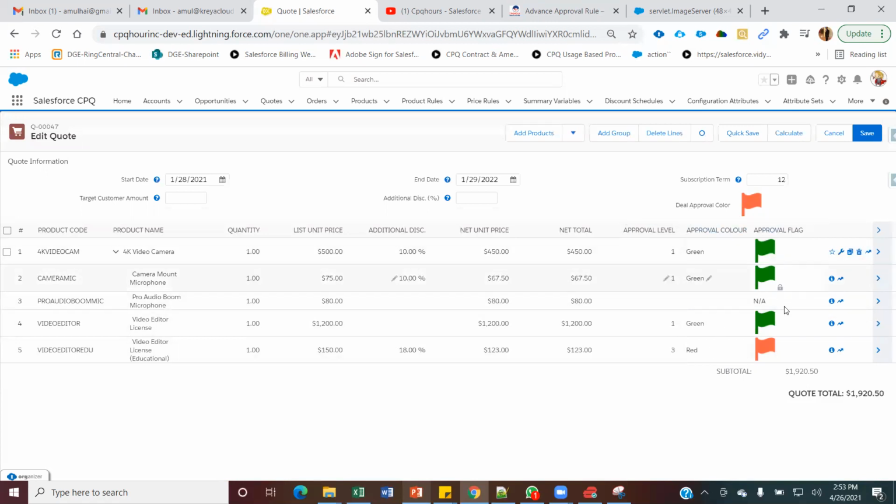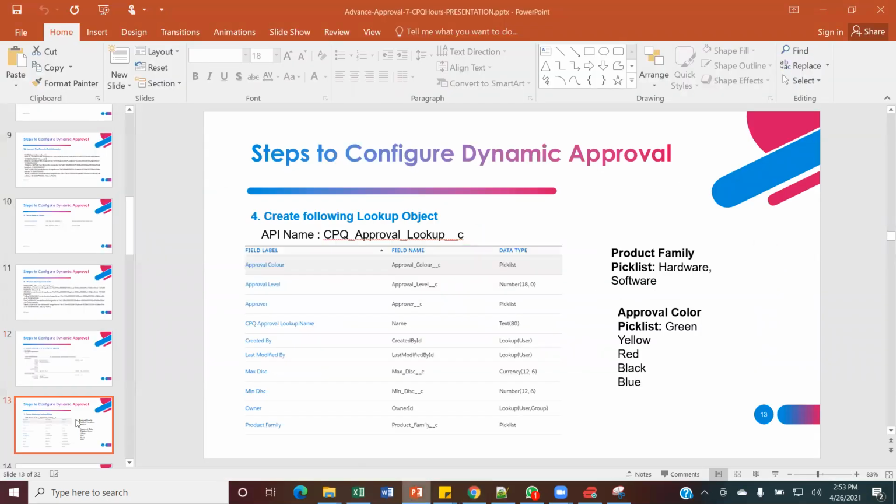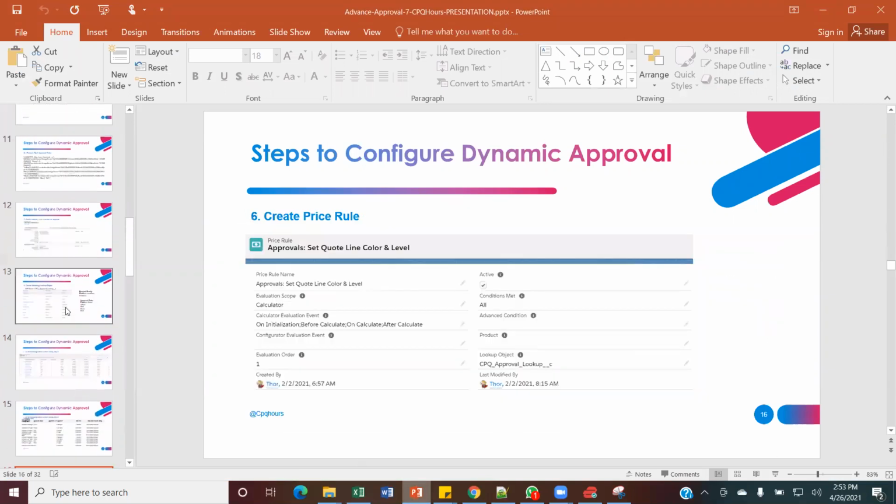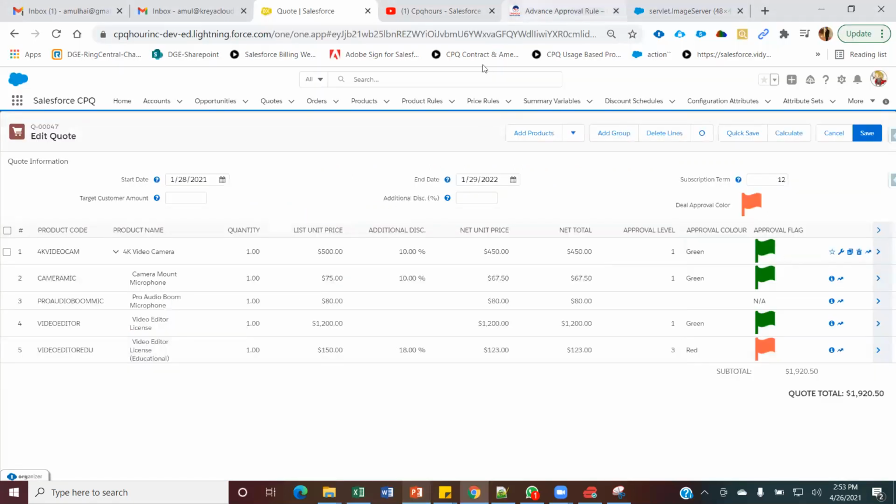How are these values or fields populating or showing on my quote and quote line item header? Let me navigate back first to show how you can showcase these values on your quote line item page. First, you will have to go back to the setup. What I did is I have added them in a field set, in a quote line item field set actually. The field set is going to manage your field display on the line editor. So this is my line editor page. What all fields I would like to showcase, I can manage with the help of field set.